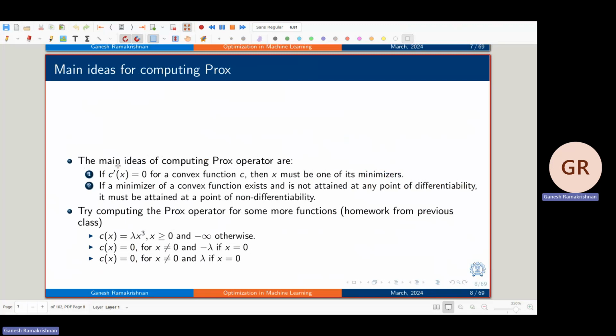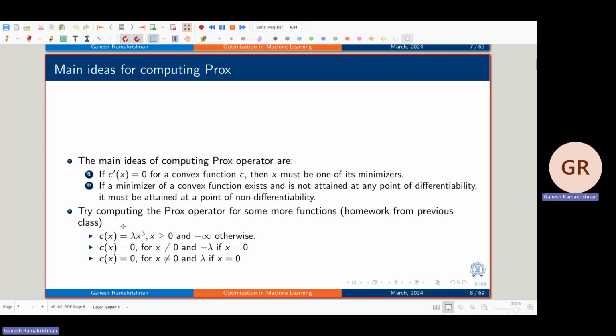Prox gamma z is argument over x. Oh, sorry, this was... okay. So I'm stuck for some reason. Okay, so